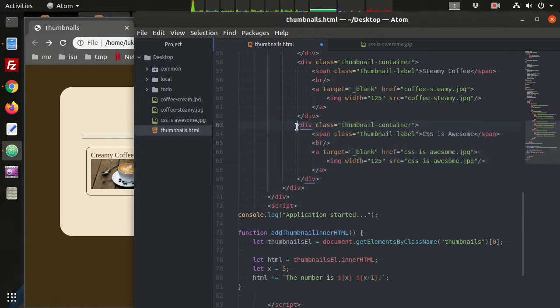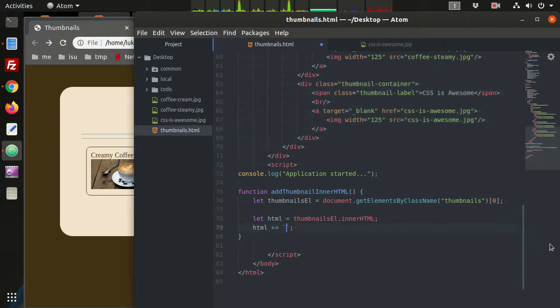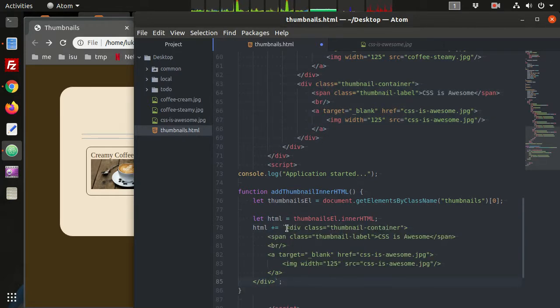Okay, so this is the div that we kind of want, but we have to make it a JavaScript string first, right? So we might have to escape some of the double quotation marks if we used a normal string. If we use backticks, we don't have to escape those. All right, so we're going to use the backticks to make our string, and let's just copy all of this and paste that in there. Okay,